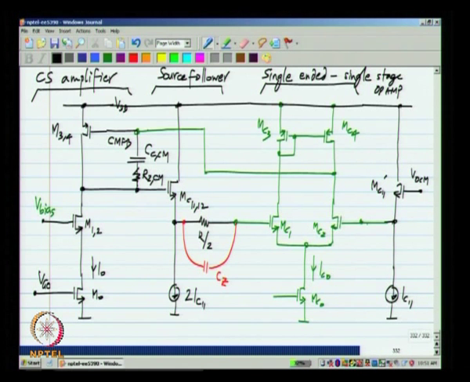Okay. Now, please do not get this confused with the op amp that we are trying to realize. We are trying to make a fully differential single stage op amp. Now, the common mode feedback loop for that op amp looks like the single ended 2 stage op amp. Okay. Now, because we have already analyzed the single ended 2 stage op amp to a great detail, we do not have to reanalyze that here, we just have to associate the terms here with what we used over there. Okay.